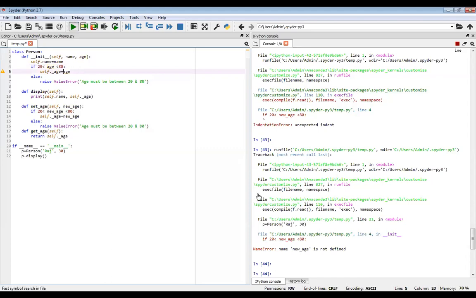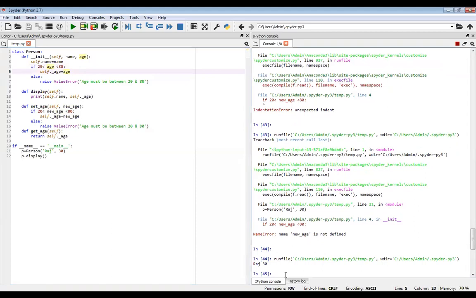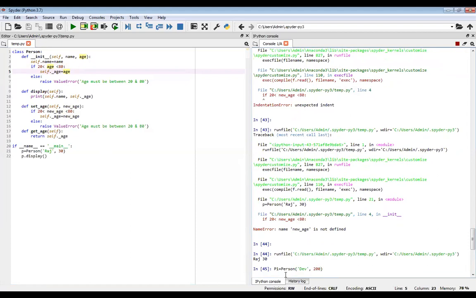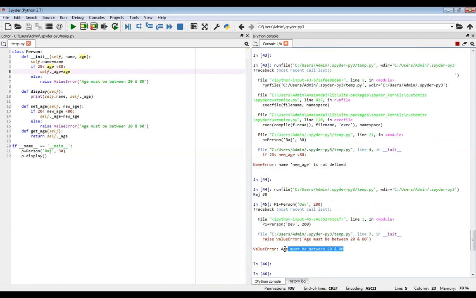Now suppose you are doing the same thing, creating a new instance in the program, and trying to set a value. It is not the case that you cannot implement without property. Now I see I got the error: age must be between 20 and 80. What I did simply was put the criteria here while initializing the instance attributes. So I got the error.